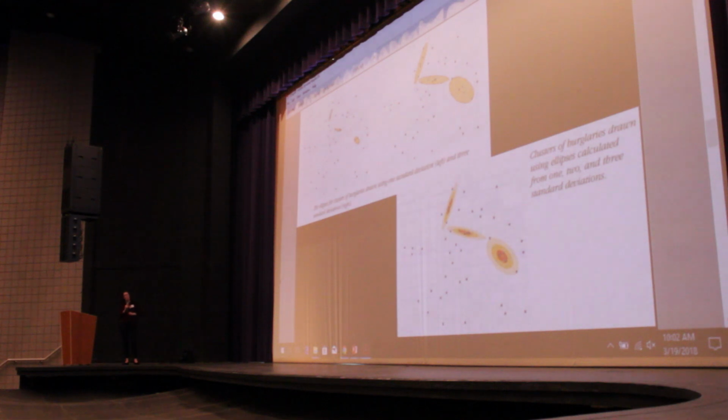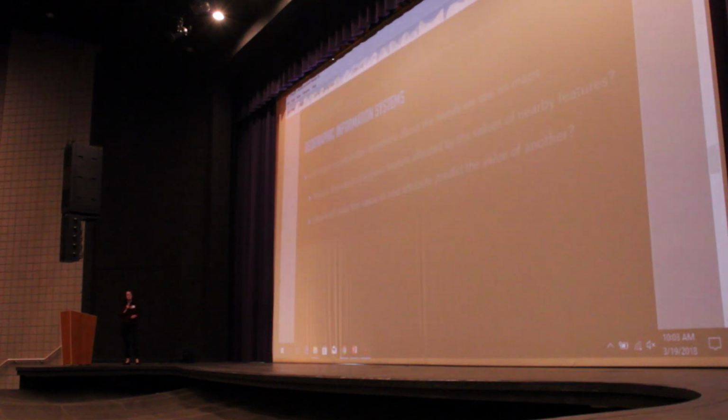In this example, the dots on these maps are the locations of burglaries, and the ellipses that you see on the top are just standard deviational models. That's how close to the mean center of those locations these events are happening. And when you can map the ways that those mean locations are relative to each other, you can see some directionality of events in particular, but also you can see where they're clustered. This application in particular may be helpful for, for example, public safety.